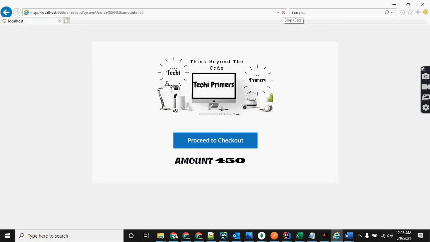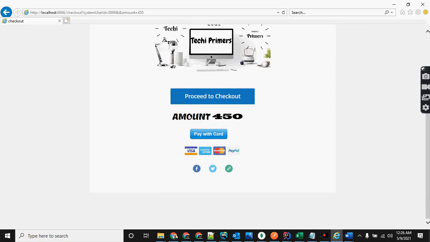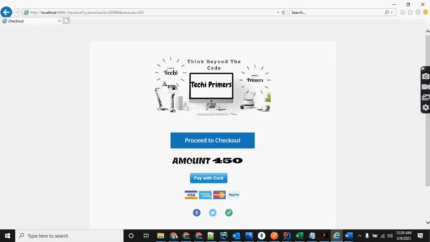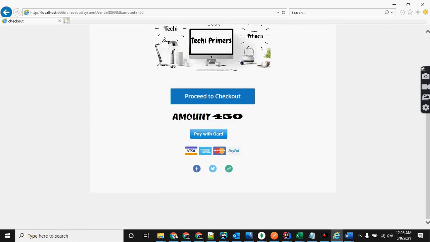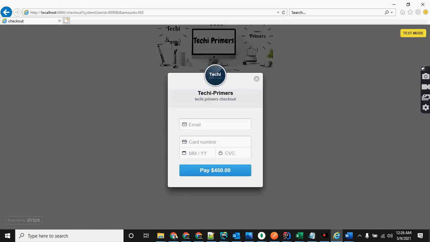So you need to submit this request. Then you can see this is the amount I'm going to charge, right? So there is a pop-up. You can see this is the UI I created myself, but this specific button comes from Stripe itself, right? Once you click, you can see their own UI will display. Here you need to add the email, card number, and other stuff.